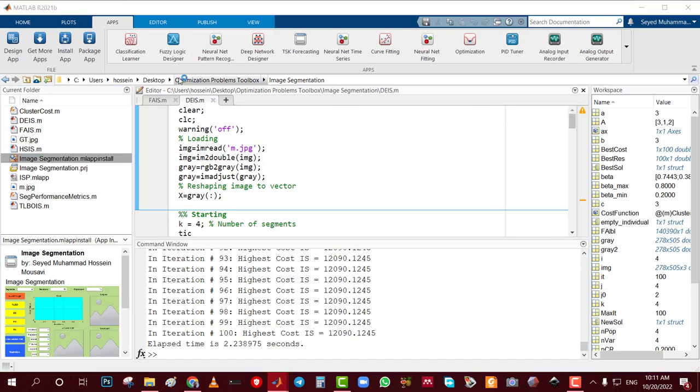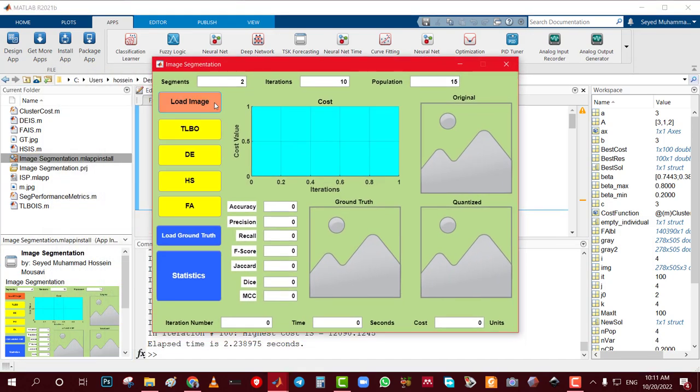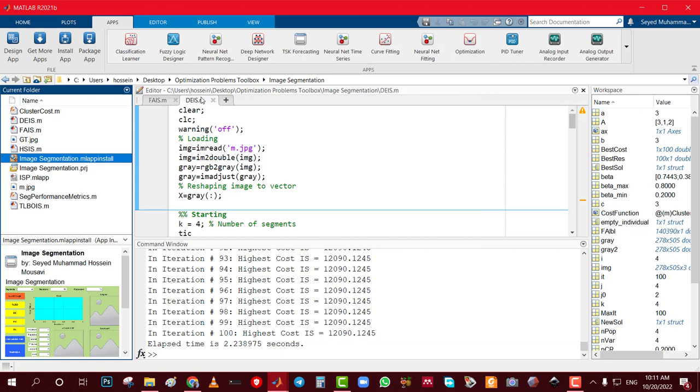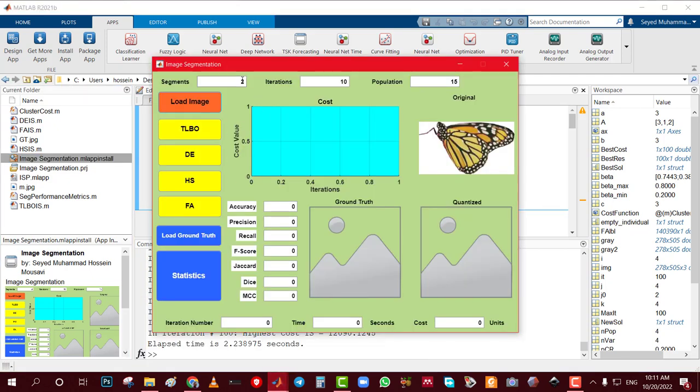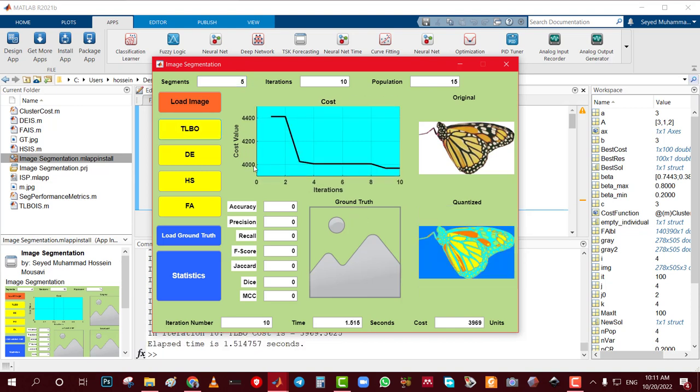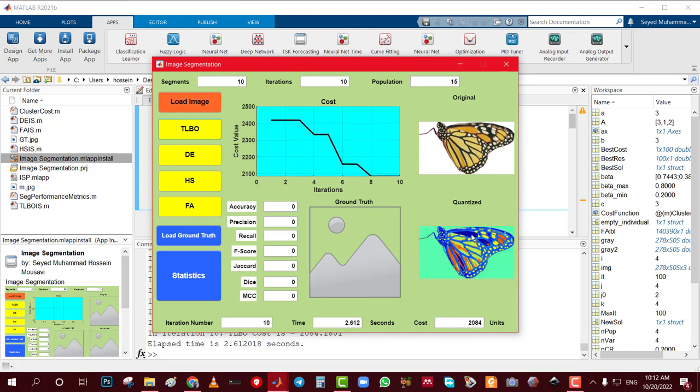It just appears, you push install, and it's over. So, for example, here you can increase it to 5 segments. You can see this is for 5. For this image we just need 4 because we have 4 colors. Anyways,